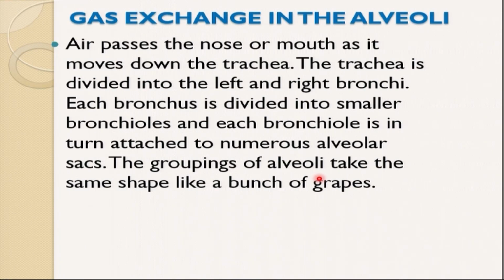Gaseous exchange in the alveolar sac. Air passes through the nose and the mouth as it moves down the trachea. The trachea is divided into left and right bronchi. Each bronchus is divided into smaller bronchioles, and each bronchiole is in turn attached to numerous alveolar sacs. The group of alveoli take a shape like a bunch of